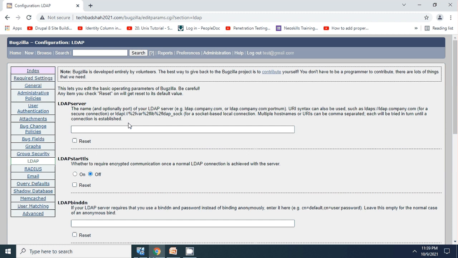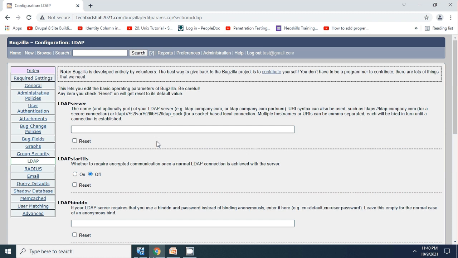When you integrate LDAP with your Active Directory and users sign on to Bugzilla, they can enter the email address stored inside your Active Directory and the password of your Active Directory, meaning your Windows password, not the local password of your Bugzilla database. So you will be able to authenticate through your Active Directory username and password. When I say username, the username in Bugzilla is the email. I would suggest continuing and configuring the mapping accordingly.